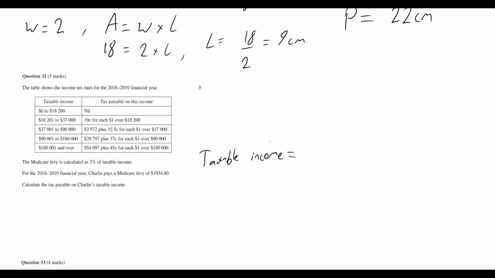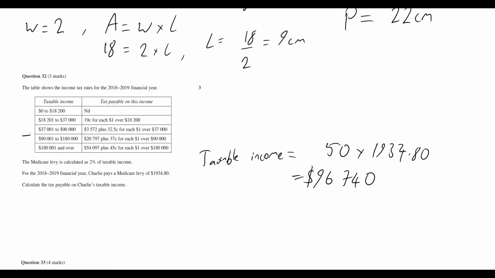So the taxable income is going to be given as 50 times the Medicare levy of 1,934.8. And the reason that it's times by 50 is because we know that the Medicare levy is 2% of the total, and so 50 times 2% gives us 100%. So that gives us the total taxable income. Okay, and so then we find that Charlie earned a total of $96,740. Okay, so now we just need to figure out how much tax is payable on this income of